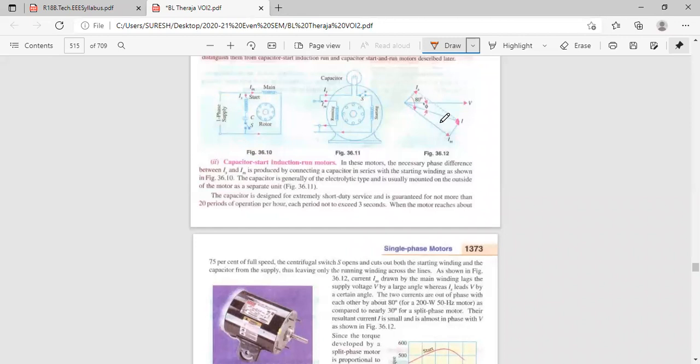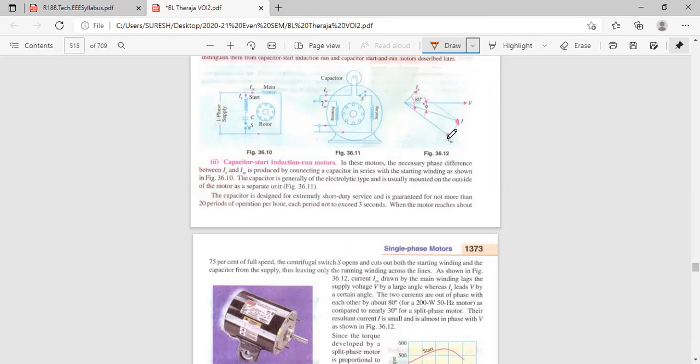Okay. The resultant of IS and IM: construct the parallelogram for IS and IM, that is I. The angle in between V and I is phi. So construct the parallelogram. For IM, take a parallel line from IS. These two will intersect at one particular point. That is your I. So for this IM, take a parallel line from IS. This dotted line and this line are parallel. And the IS line, this line and this line are parallel. These two lines will intersect at one particular point. Take the diagonal. The diagonal is your I.